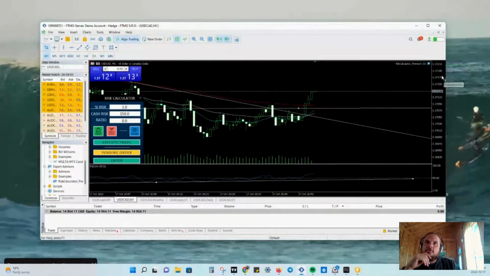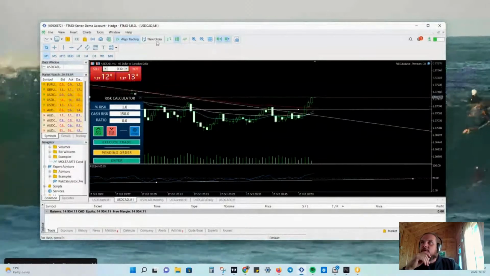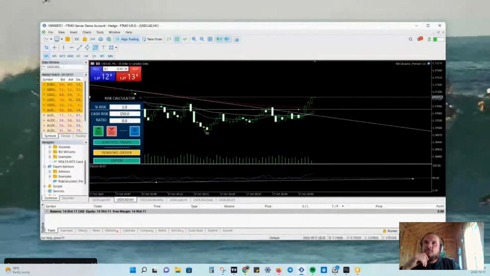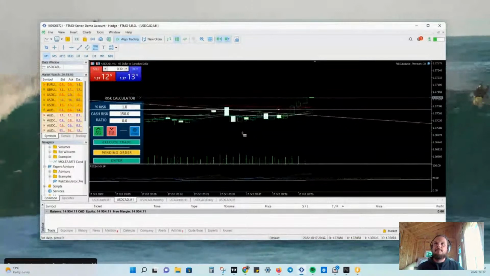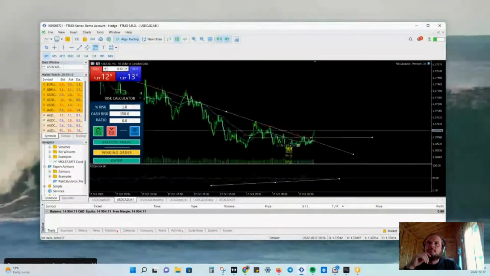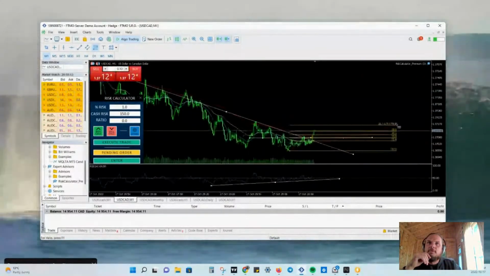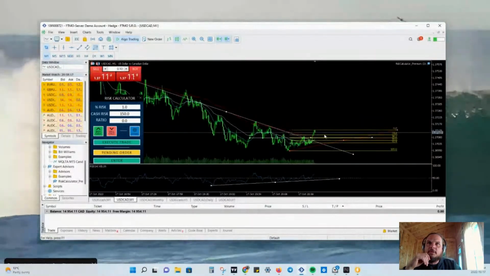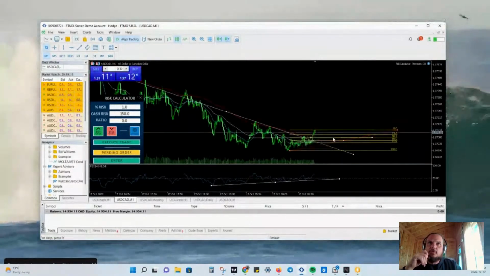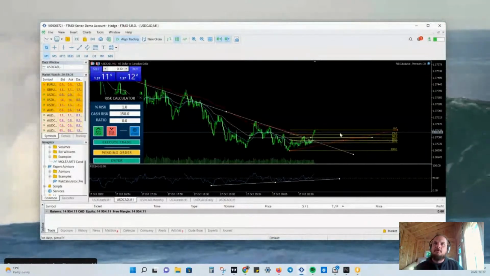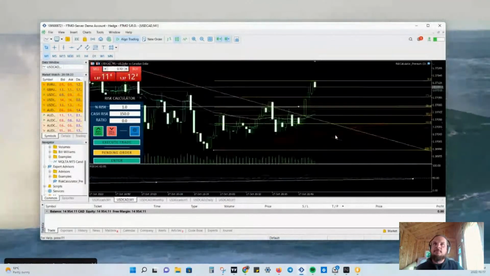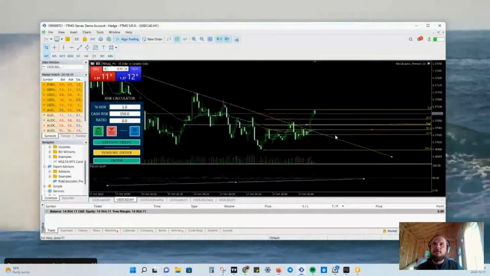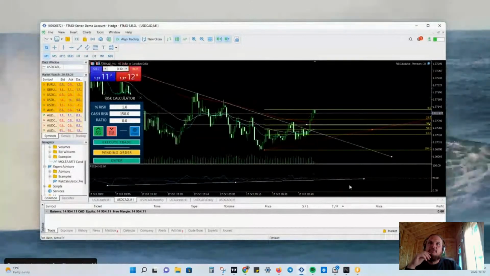What I'll do now is chase it up with the fib tool. Just see where we, if it reverses there, that puts the last lower high that was broken at the 382. And so, if we're above the 50,